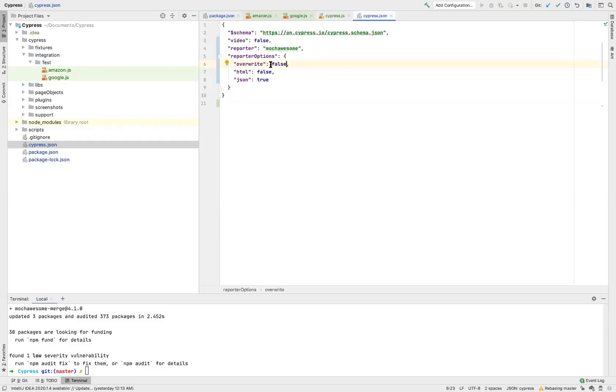Overwrite false. Always please keep in mind to keep overwrite as false, or else your report would be overwritten by the next run. For demo purposes, I need to keep HTML as true, so I'm making this change as HTML true, and always keep JSON also as true.